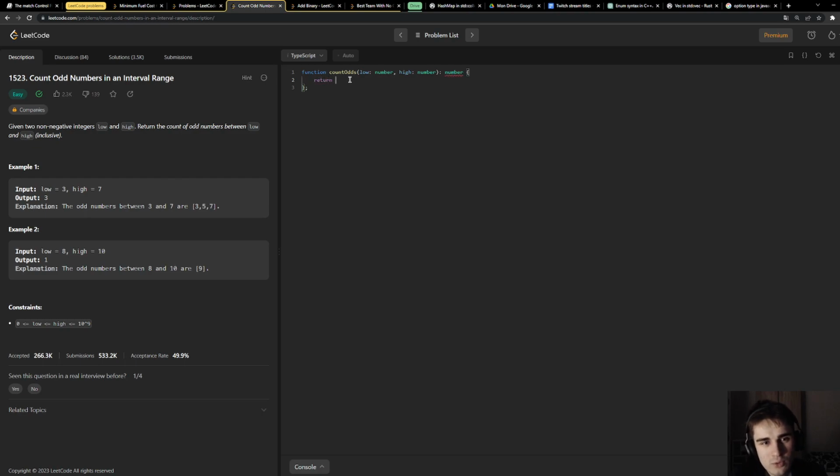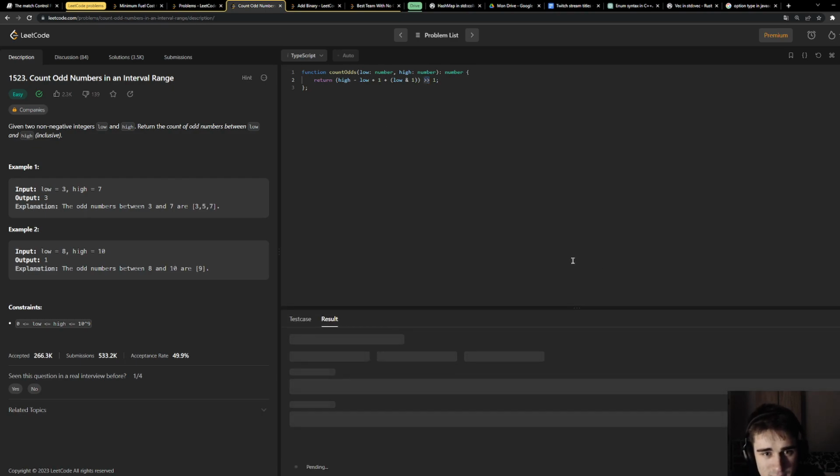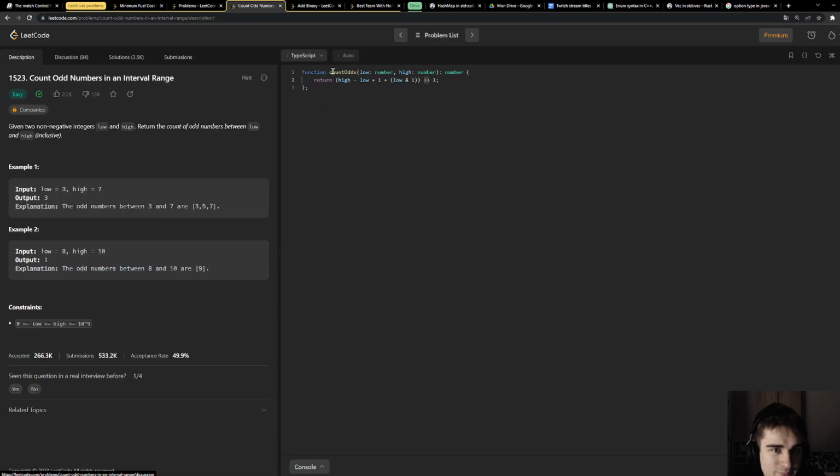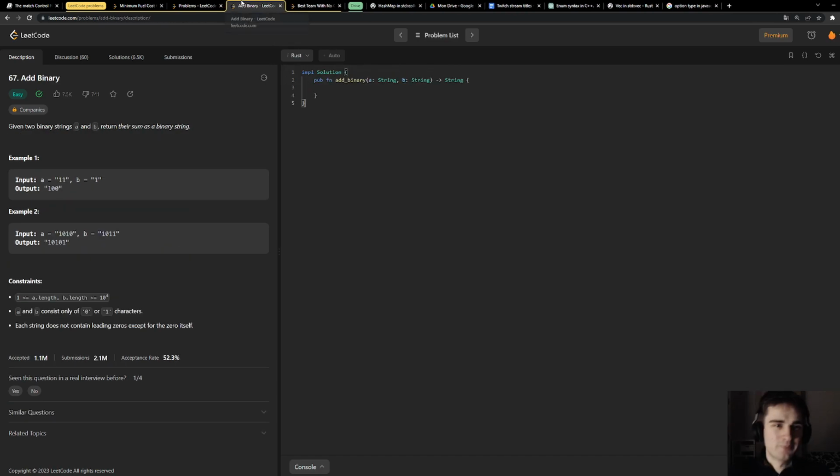You just need to have a return, but it would work because all these operators, minus, plus, the bitwise and, and the bitwise right shift are universal. High minus low plus 1. Okay. Good job. Okay, so now let's do this one.